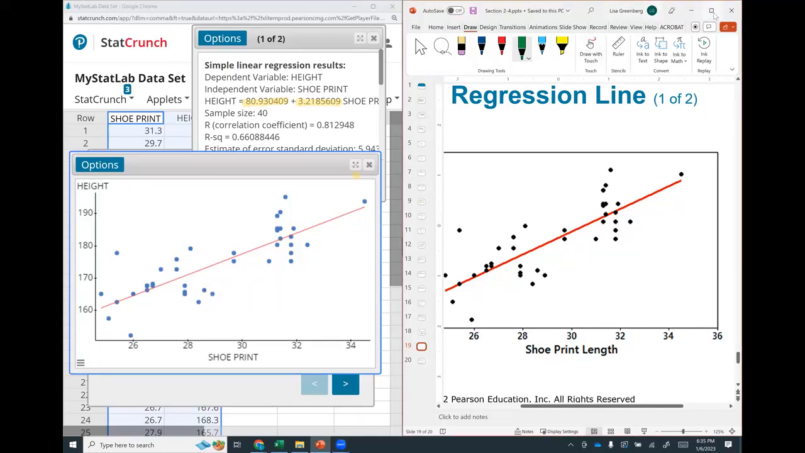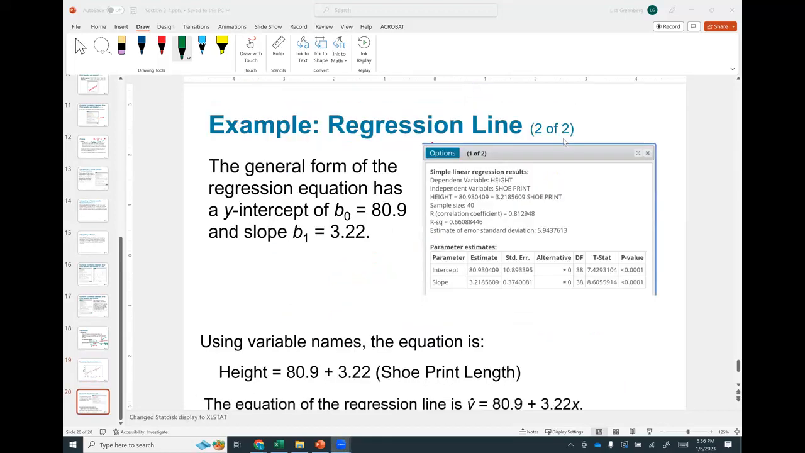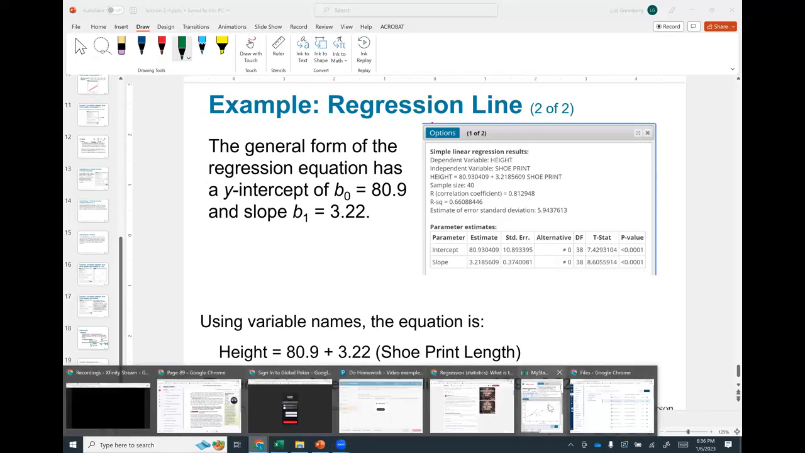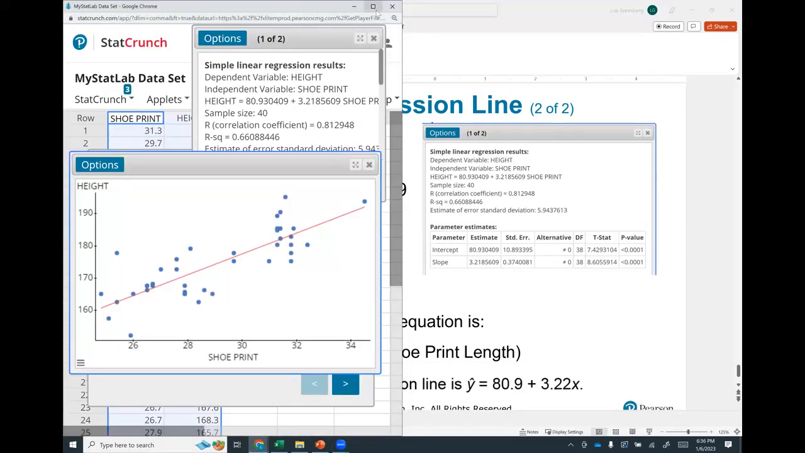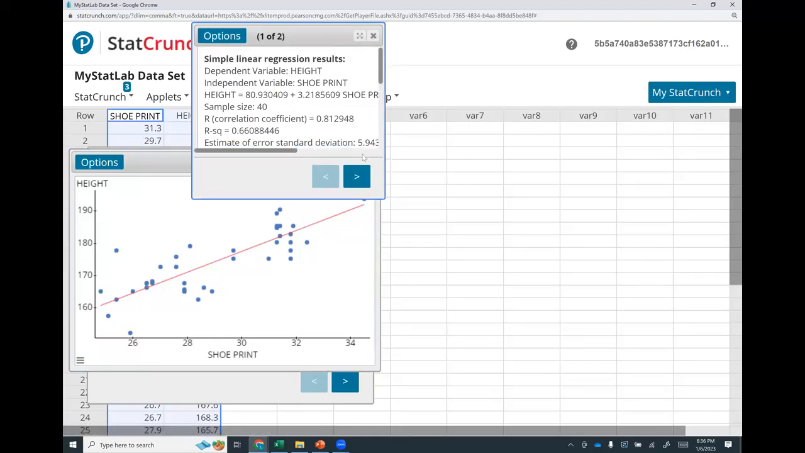So let's see. Do we want anything else from here? I don't think so. Nope. And just like I just showed you, and oh, I didn't show you this part. Let me show you this part because I made it really small. So if I open this up and I open this up,